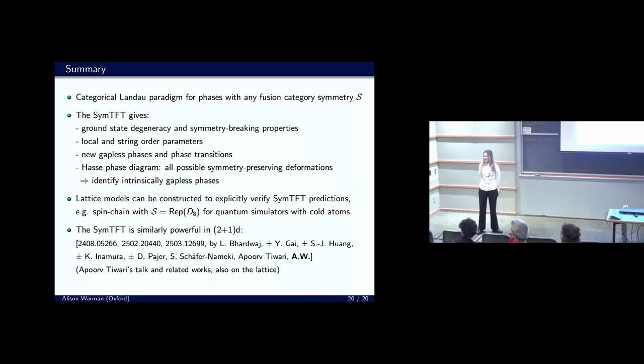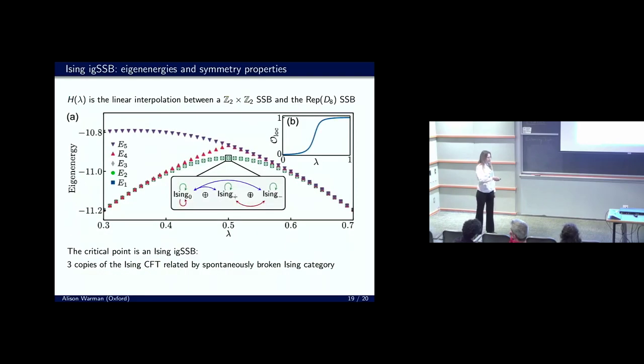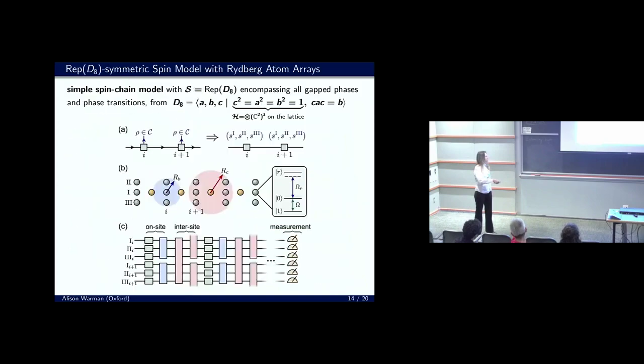Do you have some intuition for this? You had this slide with the interactions between the Rydberg atoms, and you said there were particular radii you chose. Do you have some intuition for why those radii? And maybe a companion question: is that setup particular to trying to simulate these Rep(D8) systems, or is that a more general setup that you want to use for anything else, using the symmetry structure?